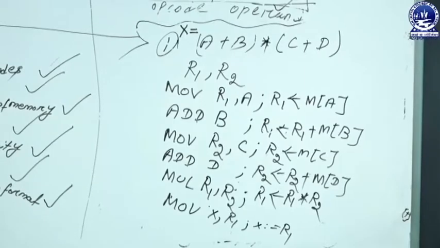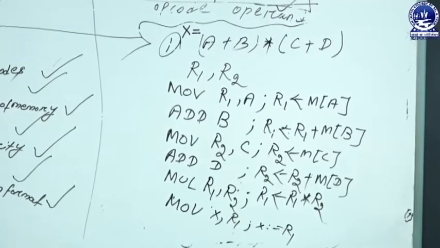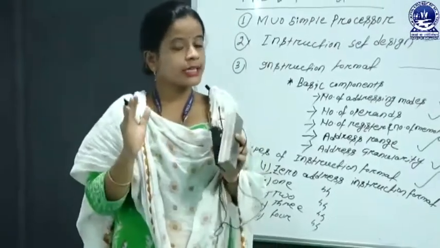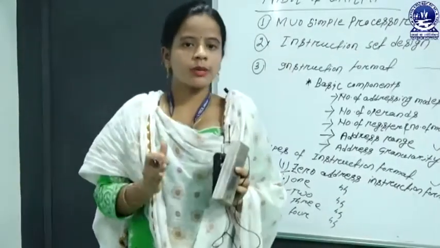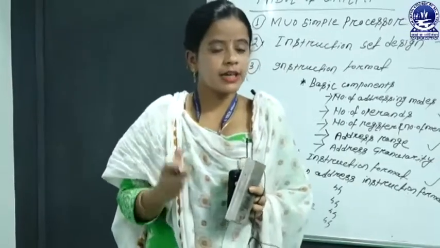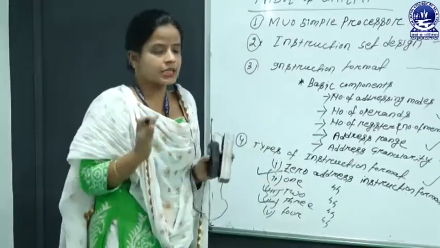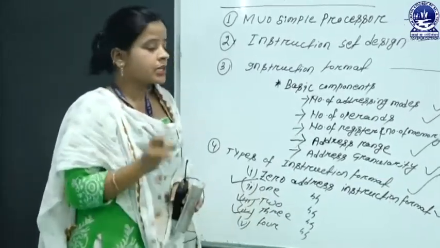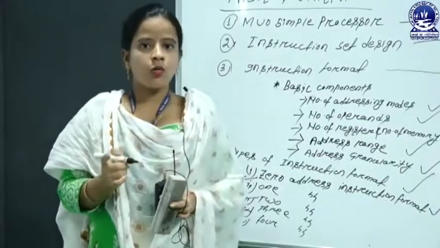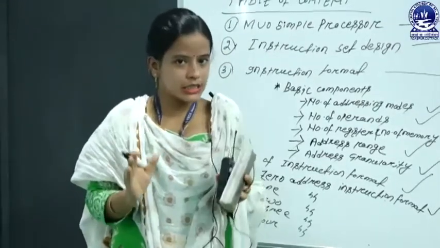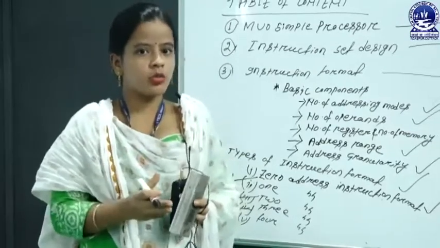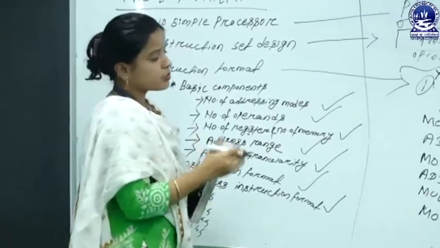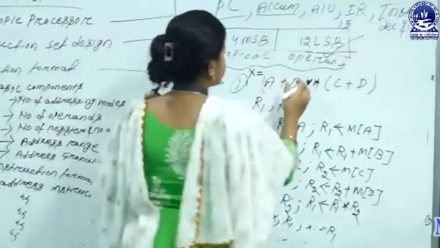Now goes to the next concept, that's your 3 address instruction format. In case of 3 address instruction format, whenever we have to write any types of programming code, that programming code size is very small, but the number of registers increases. It uses 3 address fields, 1 opcode. One of the address fields is used for the destination and 2 address fields are used for source operands.